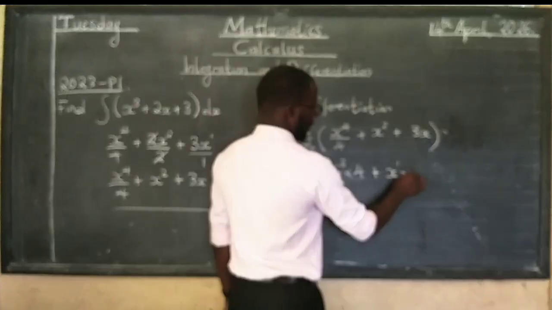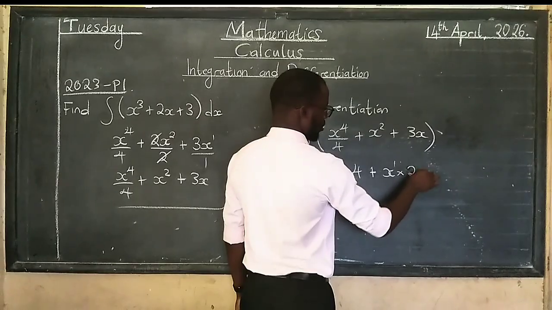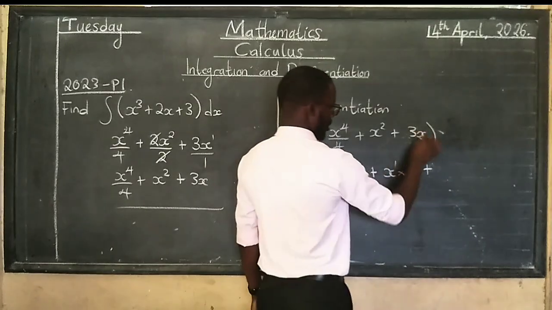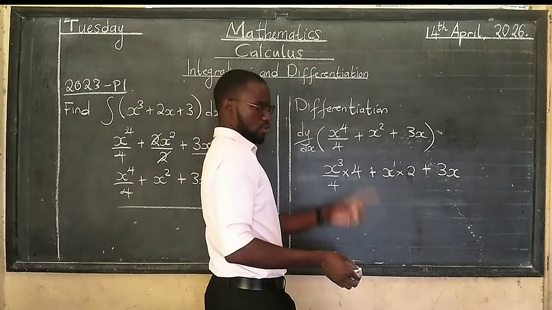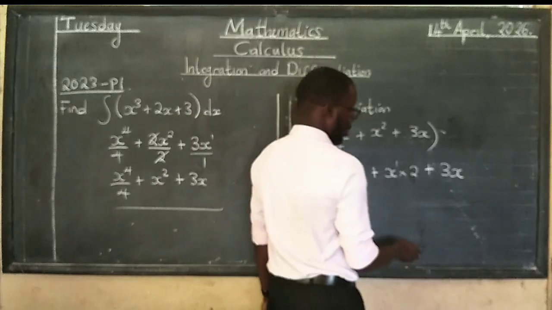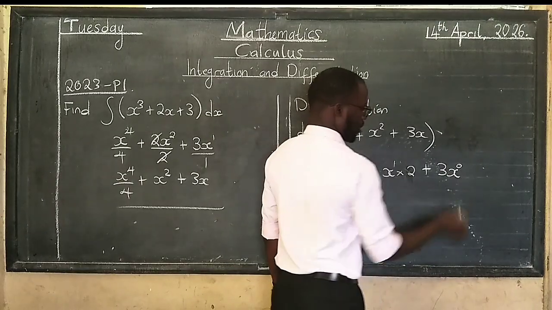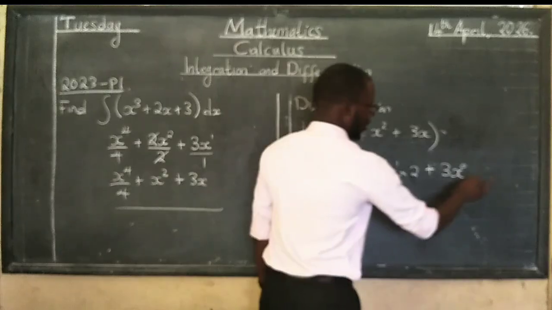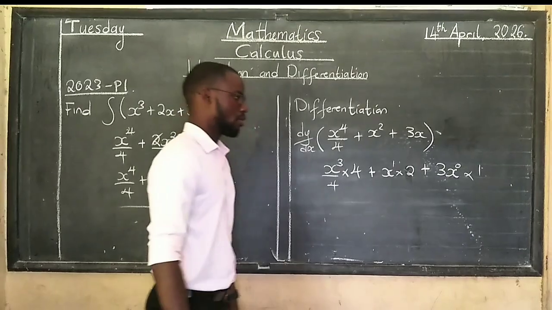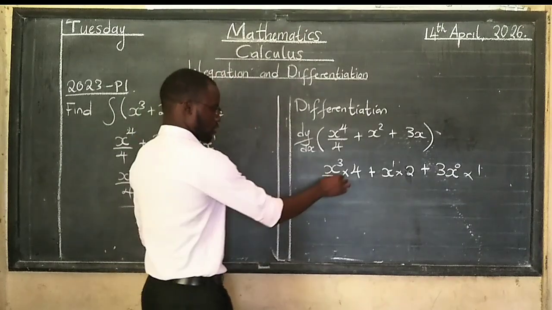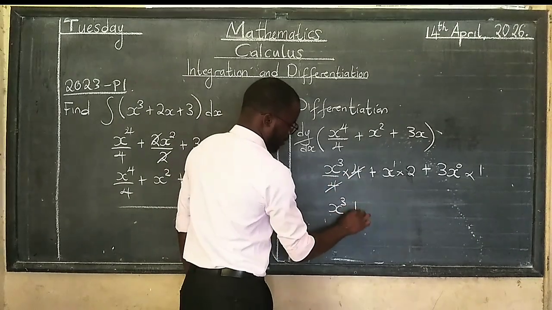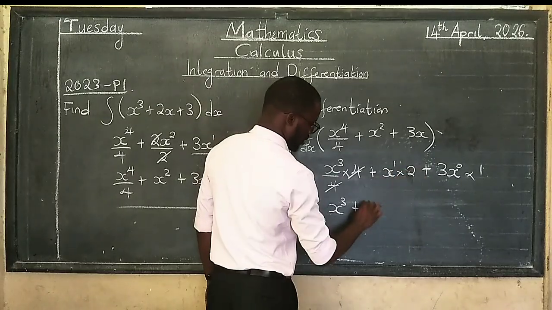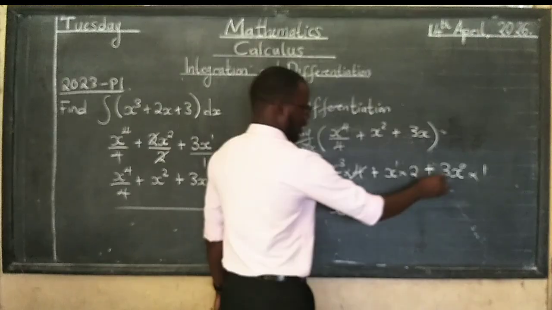Then we multiply by the old power, which is 2, plus here 3 as it is, x as it is, the power there is 1. If I subtract by 1, this is going to be the power 0. Then we multiply by the old power, which is 1. So this will cancel with this, x to the power 3, plus here this times this, 2x, then this